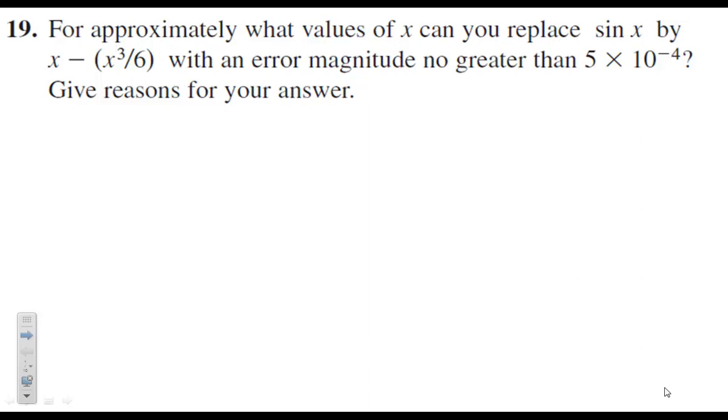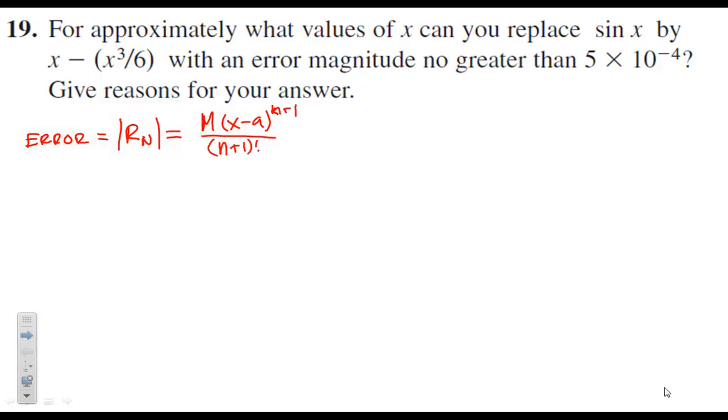Here's problem number 19. We're going to try to find the values of x that keep us below a particular error range. We're going to remember that the error is the absolute value of the remainder and can be found by taking the maximum value that the derivative takes on in the next term, times x minus a to the n plus 1 power, all over n plus 1